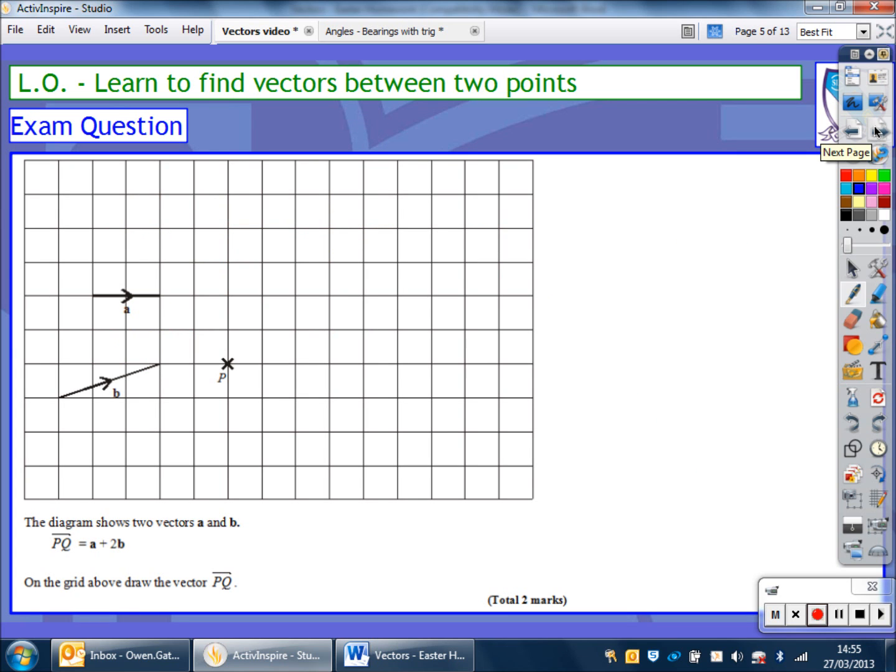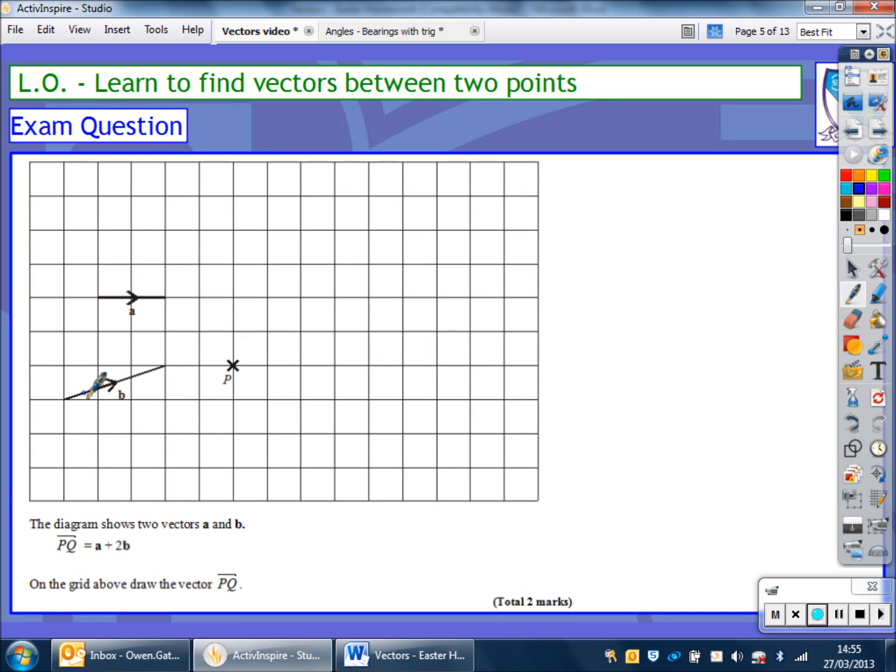Let's look at quite a straightforward exam question. So we've got a point P which is marked on the diagram, and it shows us that we've got two vectors, vector A, which is basically just two squares to the right, and a vector B, which is 1, 2, 3 squares to the right and 1 square up. Now there's another point Q somewhere which we need to draw in, because we want to show that the vector